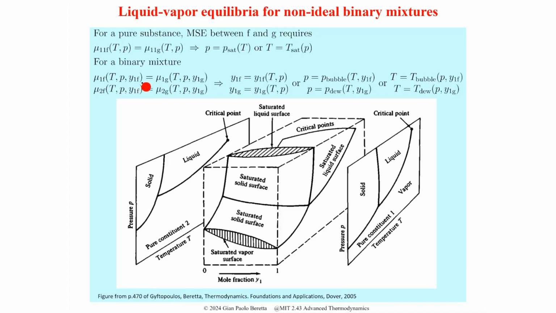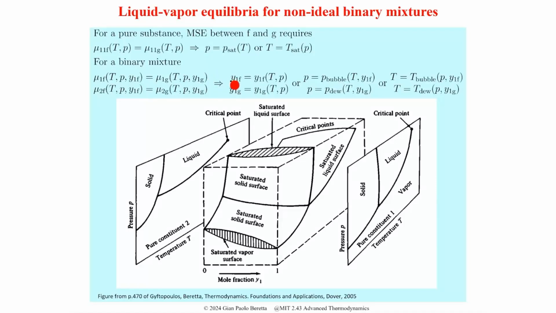But because the mole fractions add up to 1, you just need one independent mole fraction to represent the composition. But you need one mole fraction for the liquid phase and another mole fraction for the vapor phase, because they are not necessarily equal. So these two equalities in the 4 variables, T, p, y1f, and y1g, can be solved to give